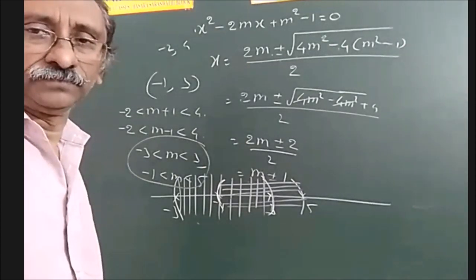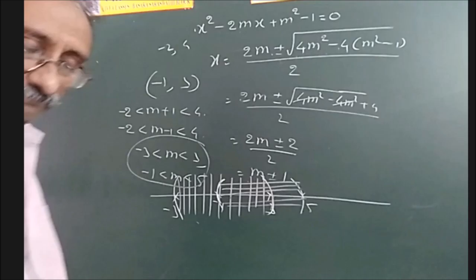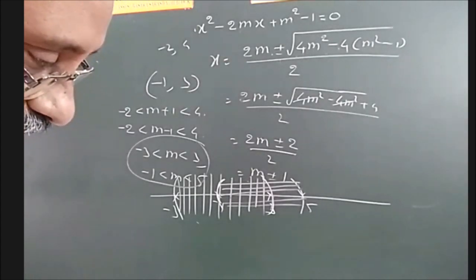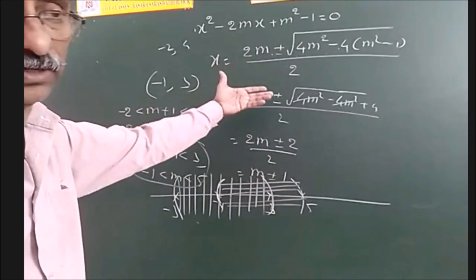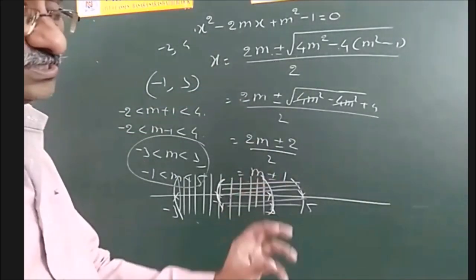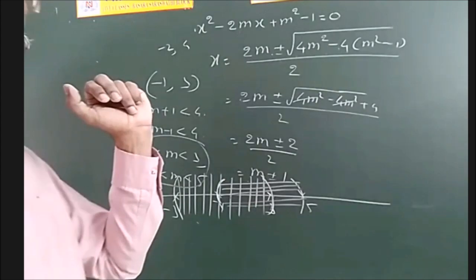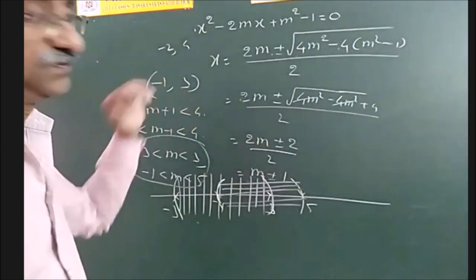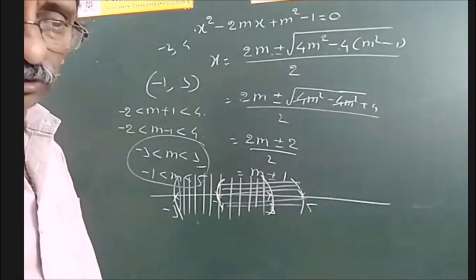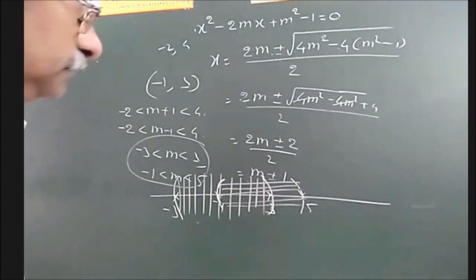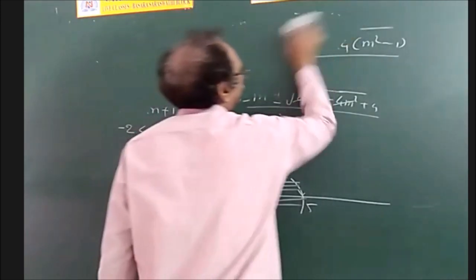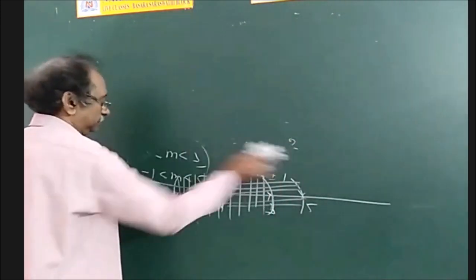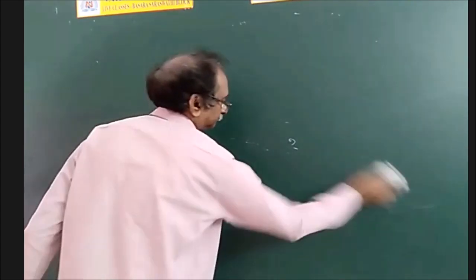So please lower your hand if you don't have any doubts. Preetham: Sir, here we can use the formula which you gave yesterday, no, sir? Definitely. Yes, sir, why not? I gave that first. We can use those three conditions: Delta greater than or equal to 0, and minus b by 2a should lie between -2 and 4. Definitely you can use that. But that is somewhat big and difficult to do. That's why I have given this one.